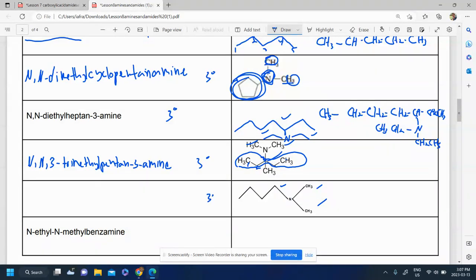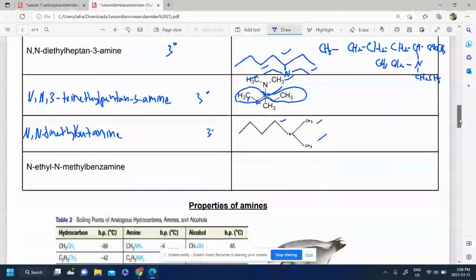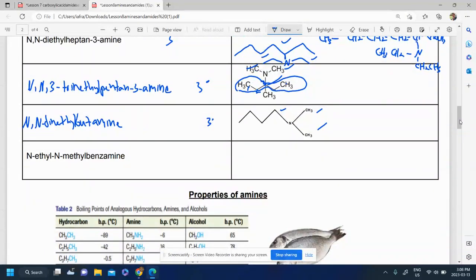We can go ahead and name this. So we have an N,N-dimethyl, and then we have 1, 2, 3, 4, butanamine. Next, we're going to try to name and draw the N-ethyl-N-methylbenzenamine, or benzamine. So let's draw a benzene molecule